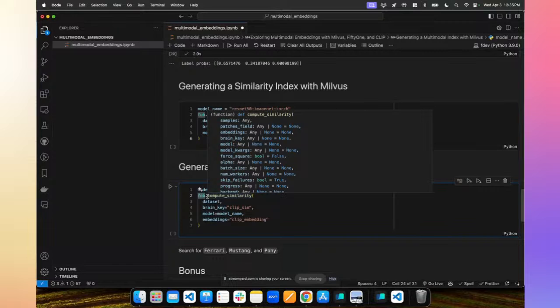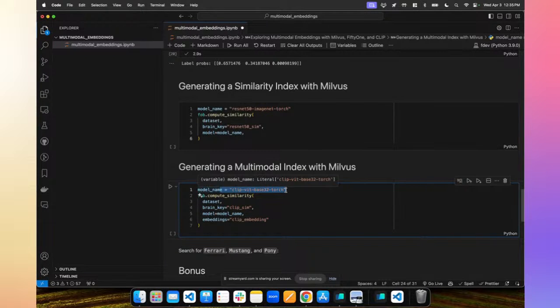Here we're using Milvus because we put that as our default to take all of these samples, or it could be object patches or frames in videos or something else, and it's going to associate the embedding vectors generated by the model specified here with each of those images so that we can then query.